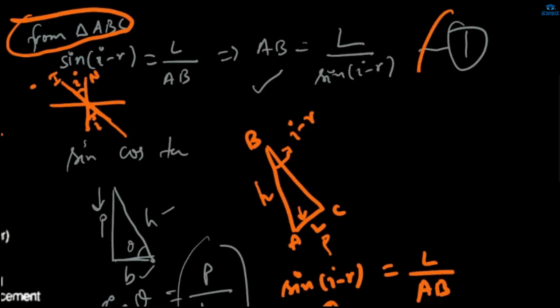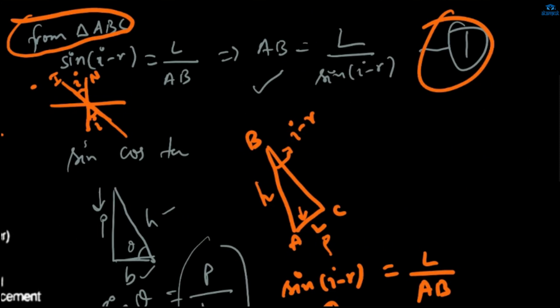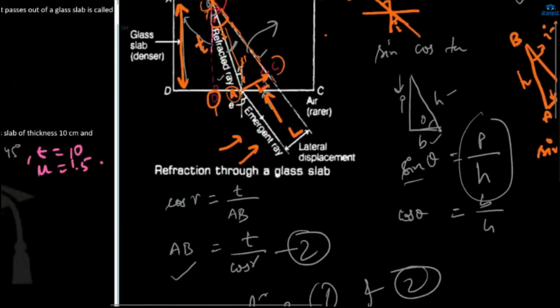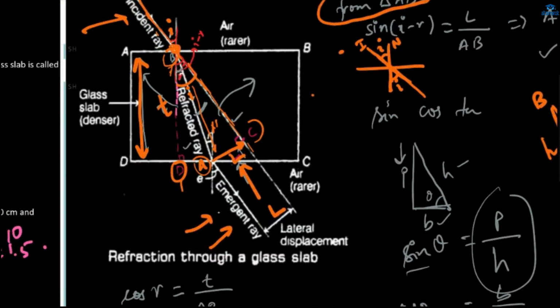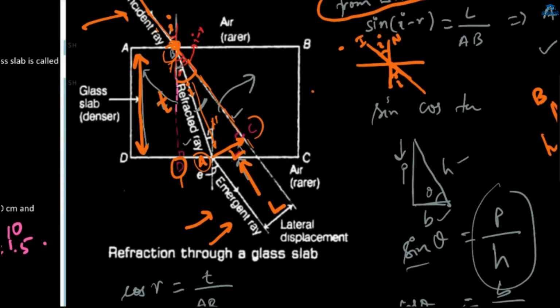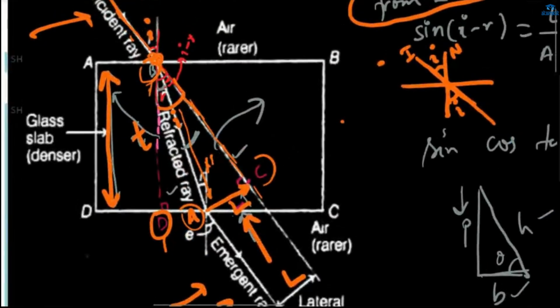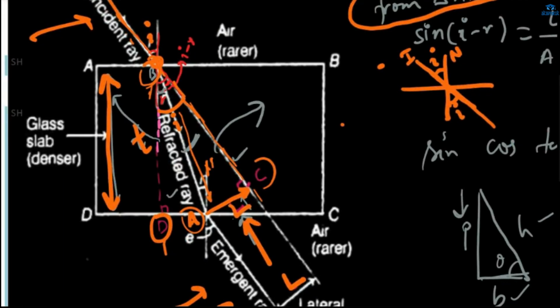Okay, this is our first equation: L upon sine I minus R. Now for cos R, what are we going to take? Cos R, where is it? Yes, for cos R, if we take this triangle,